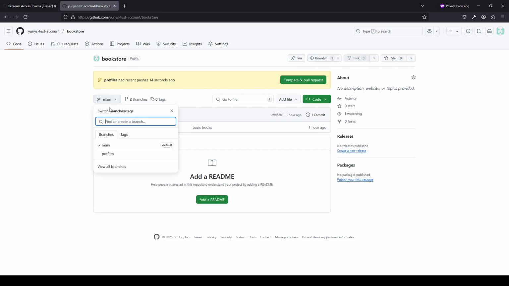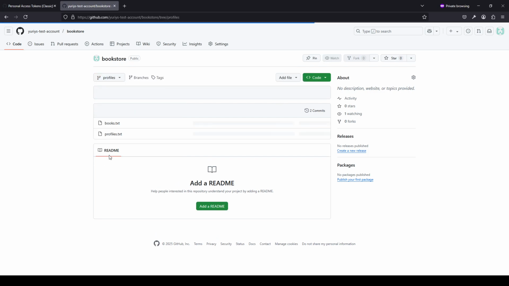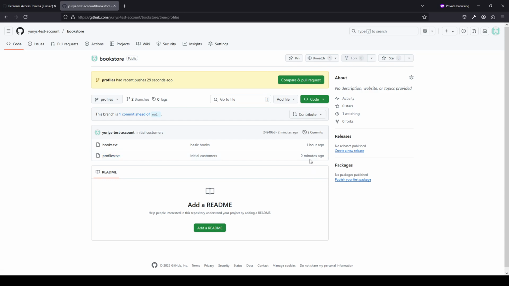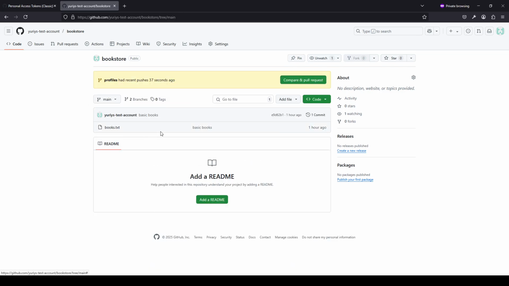But if we switch over to the profiles branch, we have the profiles file, which was created 2 minutes ago, essentially. If we switch back to the main branch, we don't have that yet. Now GitHub is giving us a hint about a pull request, comparing pull requests. We'll talk a little bit later about that. But let's go back and